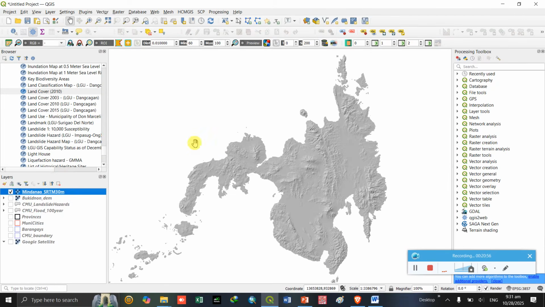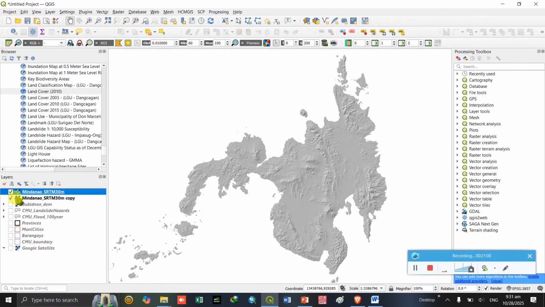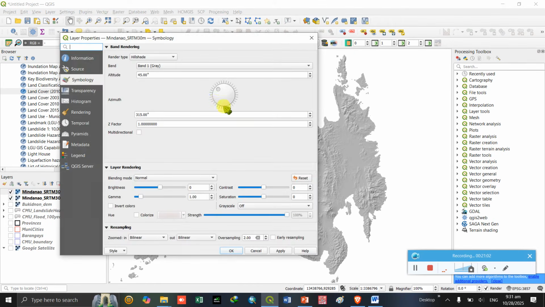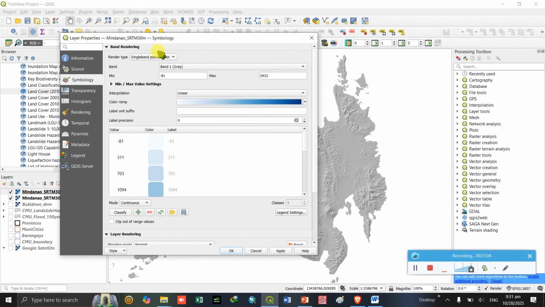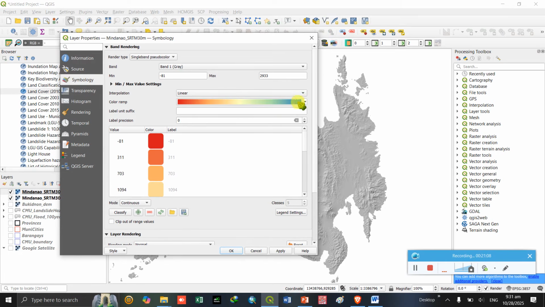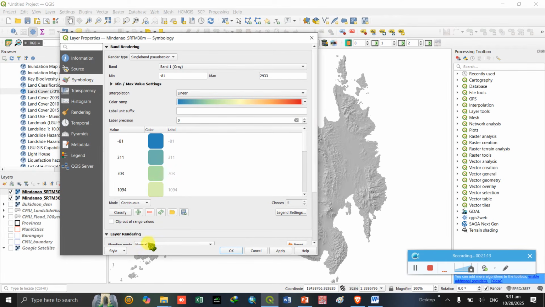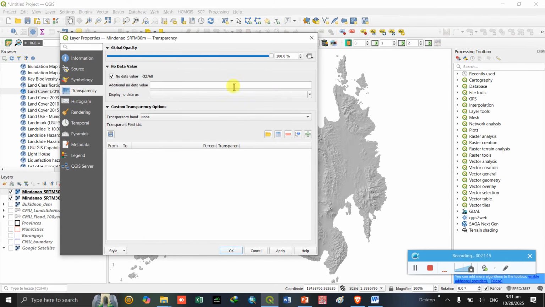Okay, and then we can duplicate it for us to have the colors or color ramp to represent the different elevation. Bird color, and then we can set the transparency to say 16 or 17.